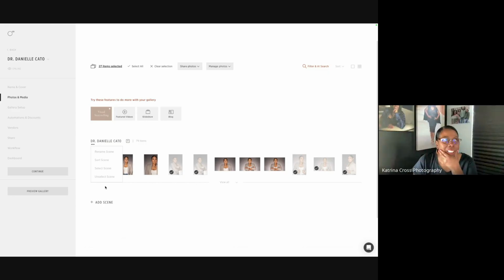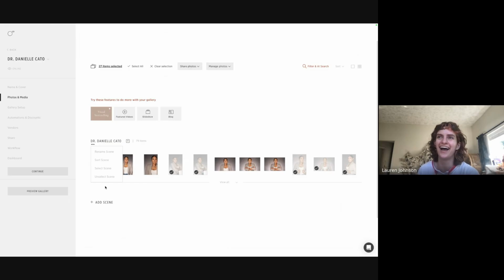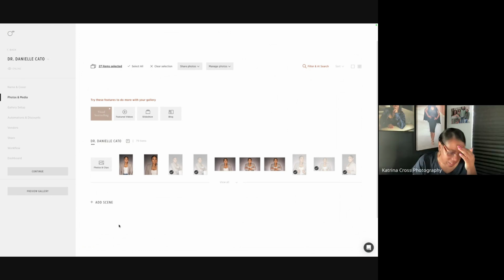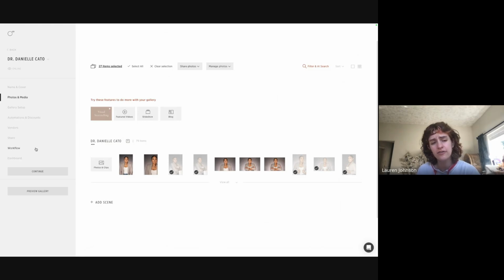Okay. Yeah, and I had been doing that. Then it looks so weird because from my view, when I go to the preview gallery, it looks like they're all still there, and I'm like, dang. Yeah, I know, that is the one thing about it. So you do just want to keep that in mind. But for the client, they won't see it after that. That's how I do it with my portrait clients too. I'll just hide the scene after I'm done editing the final photos. Okay. But yeah, you can also,